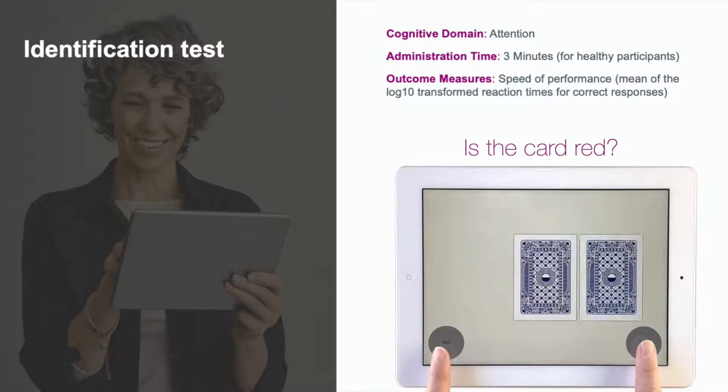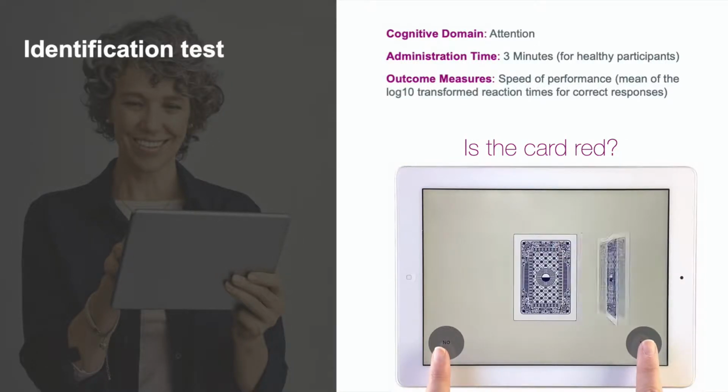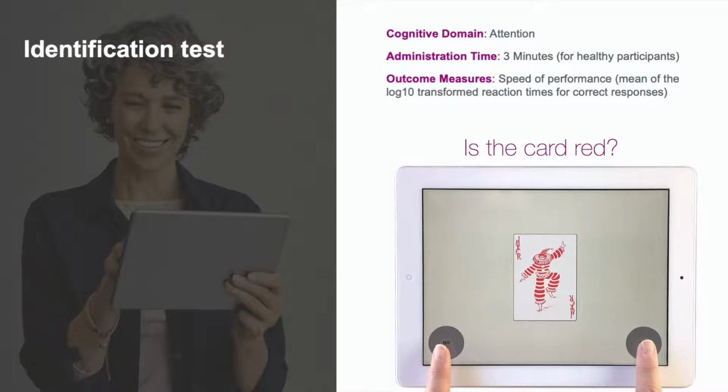Here we can see an example of a computerized performance-based cognitive test. This test is called the identification test and is a test of choice reaction time and measures attention. A test like this is brief and sensitive, but also highly reliable and stable with repeated assessment, and can be particularly useful for looking at the potential to adversely impact attentional performance over a period of time with a drug,